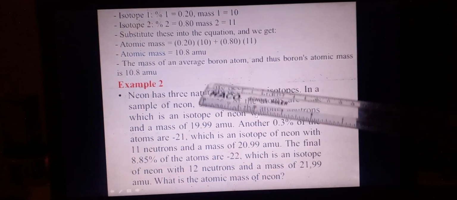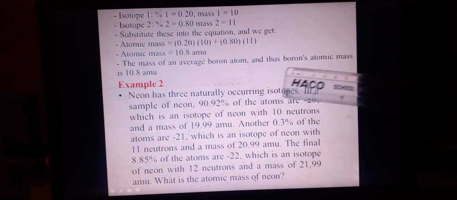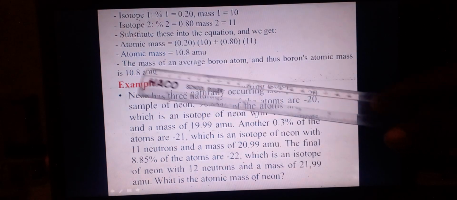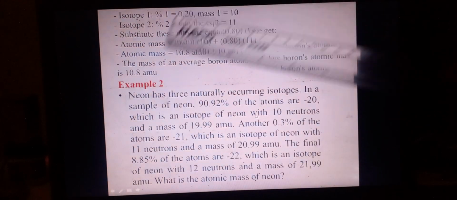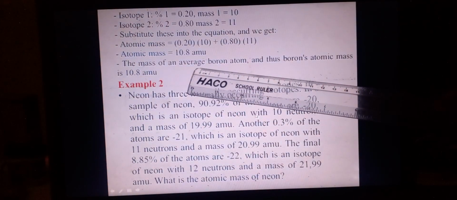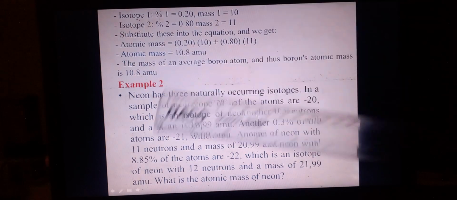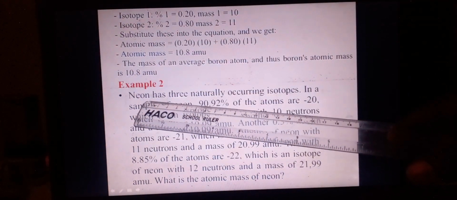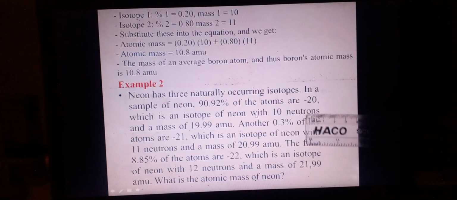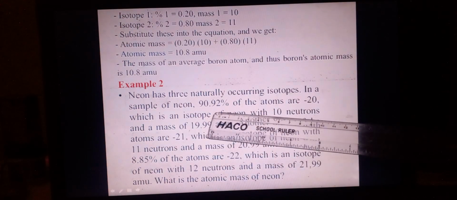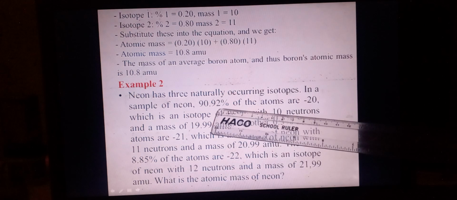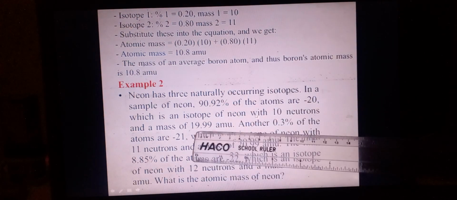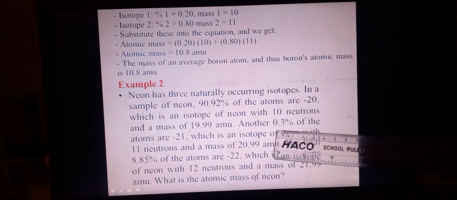So that means the average mass of a boron atom is 10.8 atomic mass units, and this becomes our relative atomic mass of boron. They have given us the second example, the element neon. It has these isotopes. The first one has a percentage abundance of 90.92%. The mass is 20. The second one has a percentage abundance of